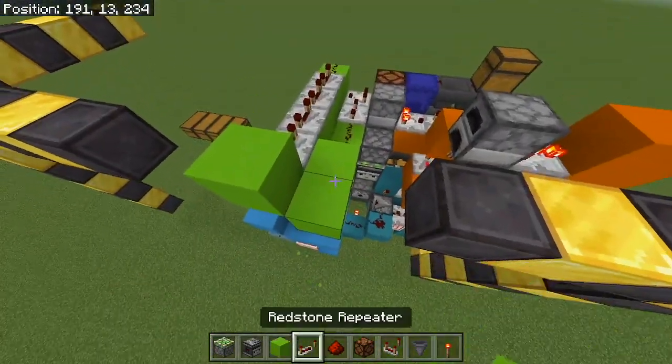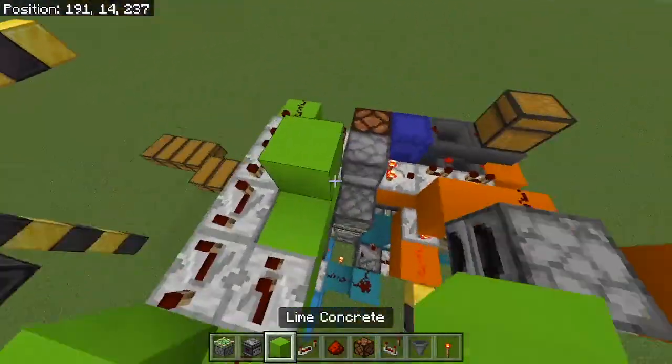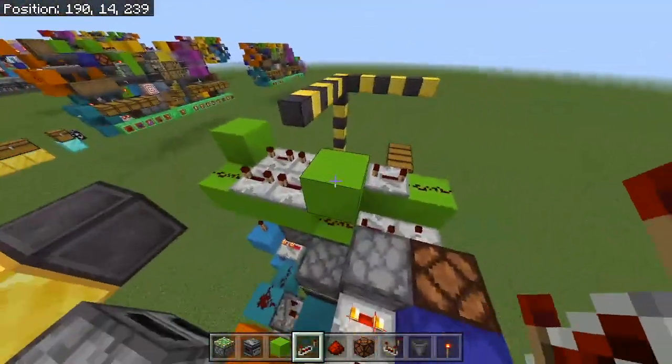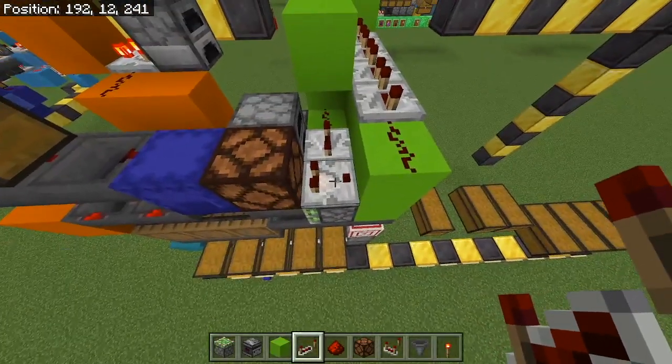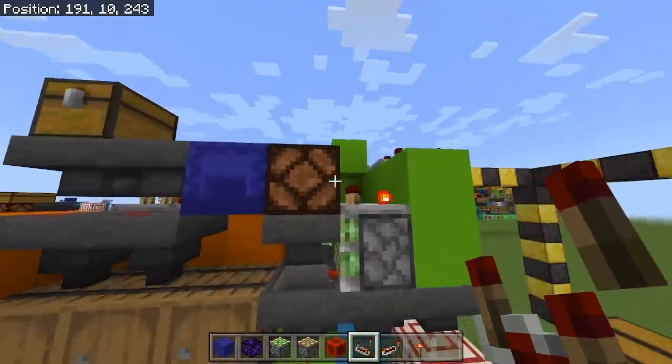I'll come all the way back around. Redstone dust. We'll have 2 more repeaters right here. Both of these on 4 ticks. That'll go into a solid block, and that will complete this loop, and this comparator needs to be on subtract mode. Now that is it for our potion sorter, but we now have our redstone lamp in place, and we